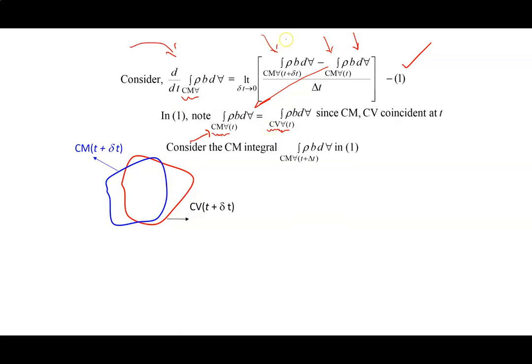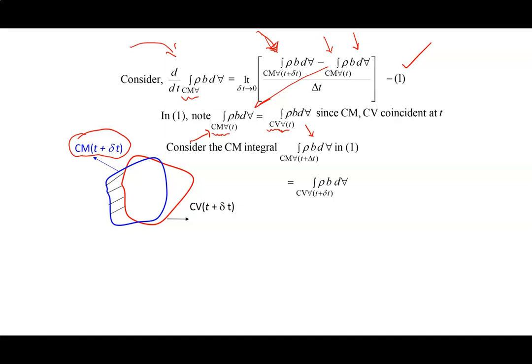If I take the second integral, which is technically the first integral that appears in equation 1, and think about that for a minute. This is the integral over the control mass at time t plus delta t. Now, however, I want to bring in the control volume and relate it to the integral over the control volume. So this would be equal to the integral over the control volume at t plus delta t, provided I take into account the difference between the control mass and the control volume,